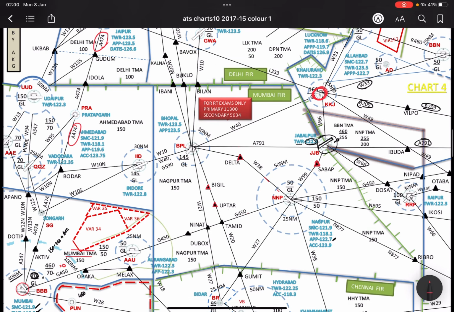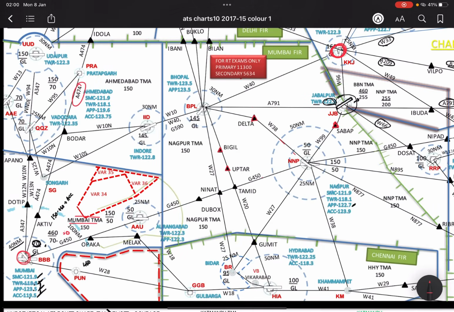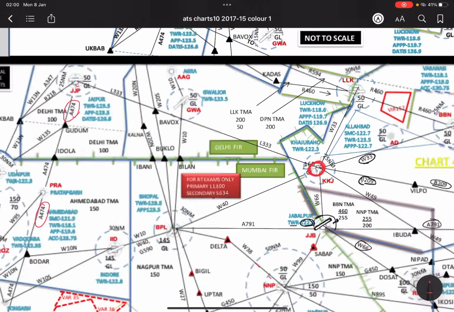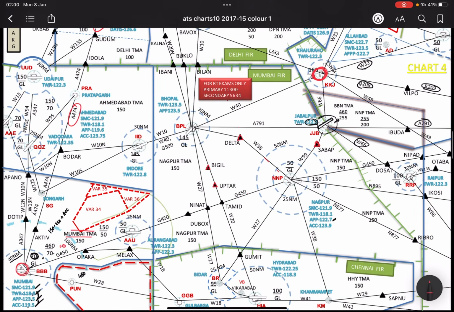Okay, say we were supposed to navigate from Bravo, which is here, all the way to Khajuraho, which is here. So how will we navigate? Look, my route will look something like Bravo to Opaka, from Opaka to Alpha Uniform via Golf 450, to Ninat, again continuing on Golf 450 all the way till November Papa. From there I'll take Whiskey Niner to Sabap. From there I will fly to Juliet Bravo, and from Juliet Bravo I'll fly Whiskey 66 all the way to